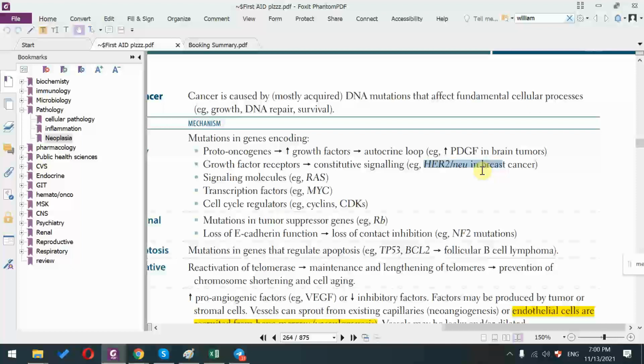So signaling molecules include the RAS. RAS will take a whole day explaining. And the transcription factors, MYC. The MYC family. We have the c-MYC, we have the n-MYC. We are going to speak about all of them. Guys, I have to say, sorry, but I love cancers. They are a really interesting topic